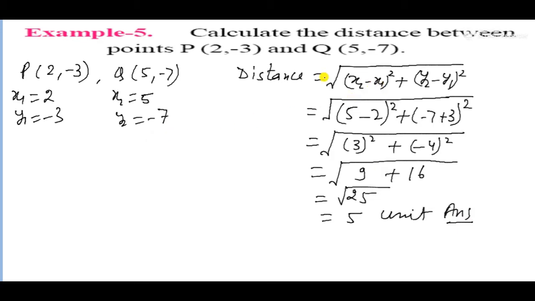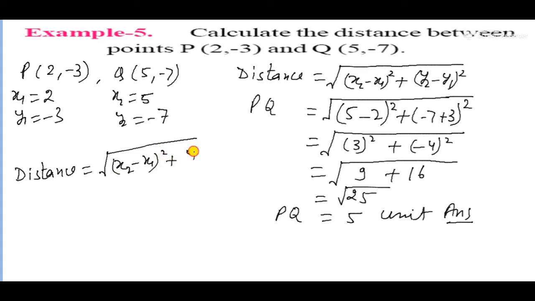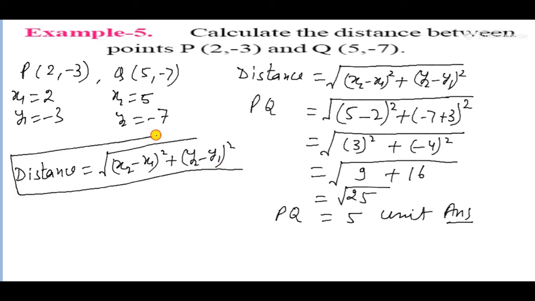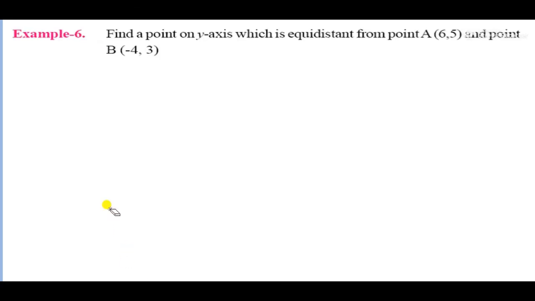And what about after squaring? 3 square is 9, and minus 4 square is plus 16. And it is 25. So the square root of 25 is 5. So 5 unit is the distance, and that is the answer. You can do it very well, and this distance formula is necessary to learn. You can write here the distance is PQ, and at last you can write PQ. So the distance formula is always